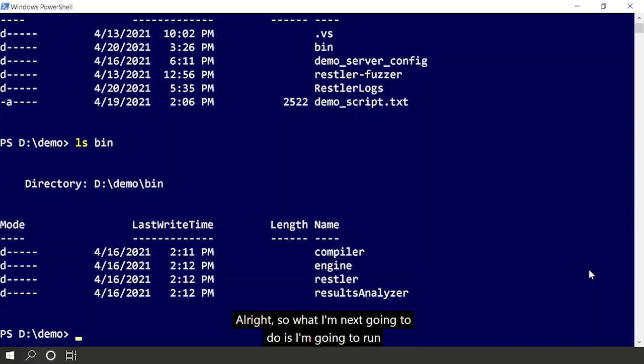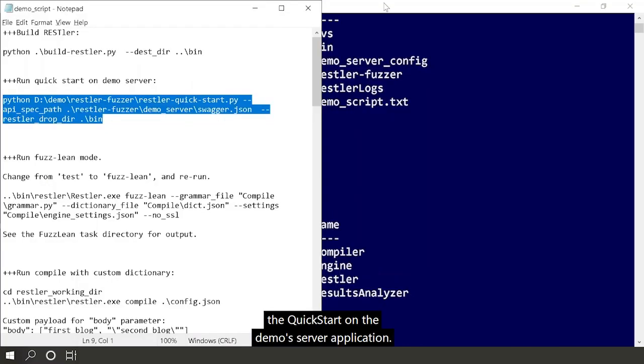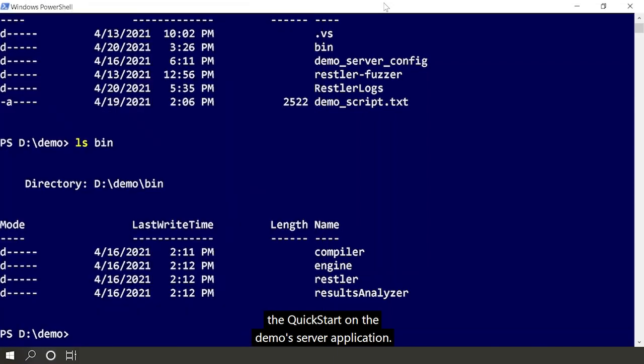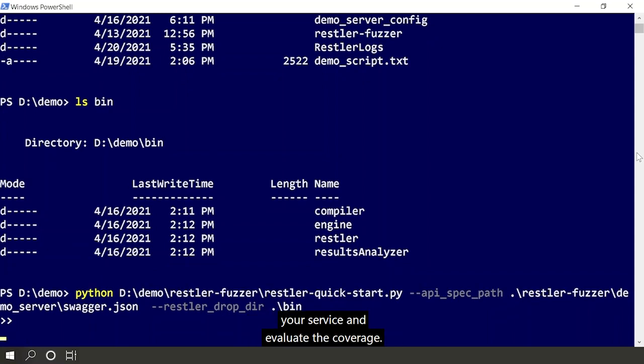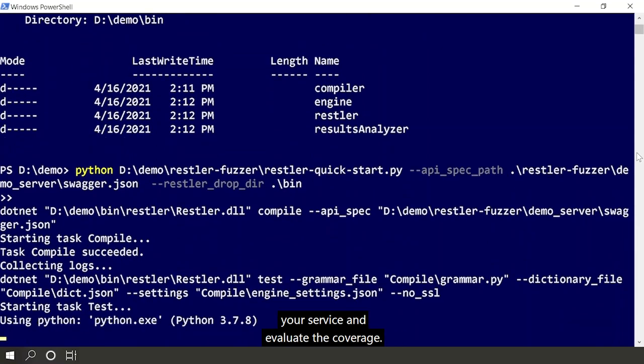All right, what I'm next going to do is run the quick start on the demo server application. What the quick start does is it takes just your API specification and auto-generates all of the other configuration files and everything needed to run RESTler's compile mode to produce a fuzzing grammar and the test mode to see how well RESTler can understand your service and evaluate the coverage. So here we compile the spec,